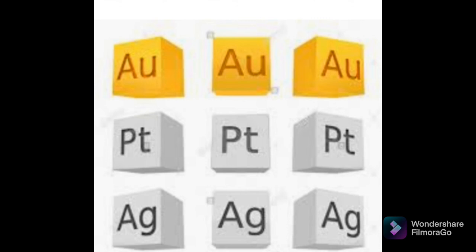So students, I hope you got all points related to uses of metals. Today we have discussed almost 12 metals and their uses. If you have any doubt in this, you can ask me. Just write down all metal names and their uses in your notebook.